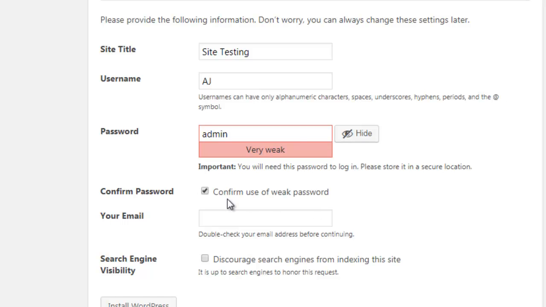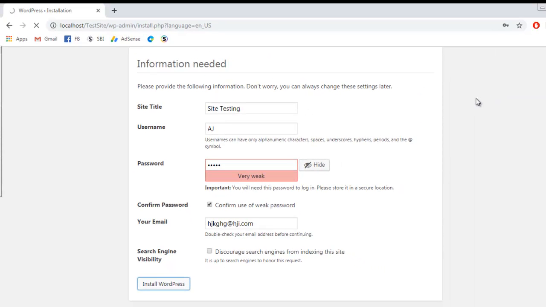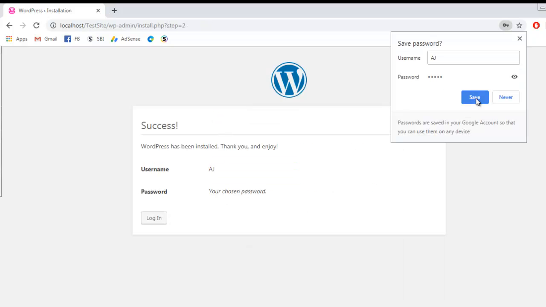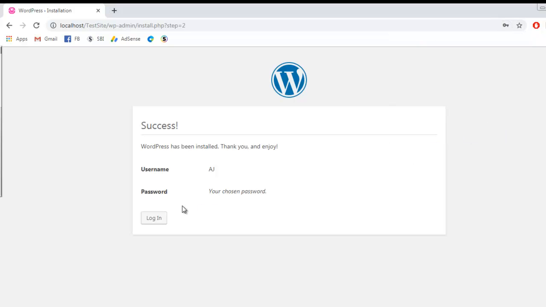So we'll put in our email, and it doesn't matter what it is, and we don't need to check that because search engines can't get onto my laptop anyway. So let's click install WordPress. You can see down the bottom it says waiting for localhost. It's doing its job, and this is just going to take a minute or two. So I want to save the password. Okay, so let's click login,